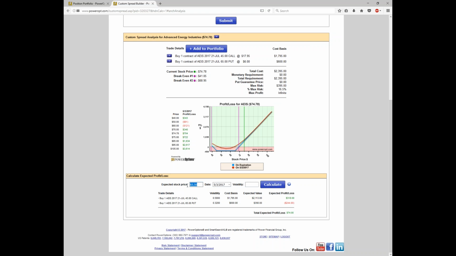Now, what happens, of course, if the stock falls to 56.25 with our July 65 put and our July 45 call? You're at a loss of 171. A 10% drop in price is not enough to have the put start countering your call that had a delta closer to 1, because your put delta was probably only around 0.6. So you're going to need a 20% drop in the stock before this starts taking over. Okay, so again,